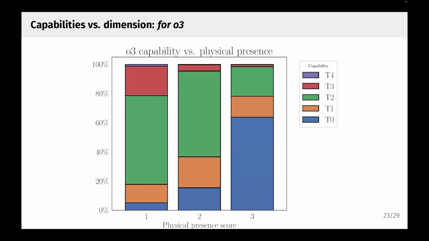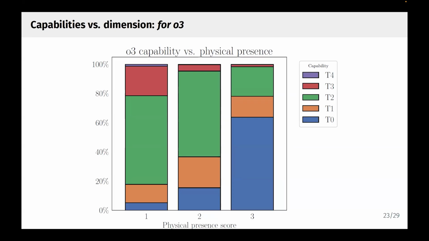Cool. Okay, now we're going to bring the 2 exercises together. So remember, we have these automation scores from Olundu for all the models over time, and then we have these dimension scores on all these different task dimensions. Let's focus on physical presence because that's pretty intuitive. So remember, a 3 means a task is very physical. 1 means it doesn't require physical presence. And then we have our automation scores.